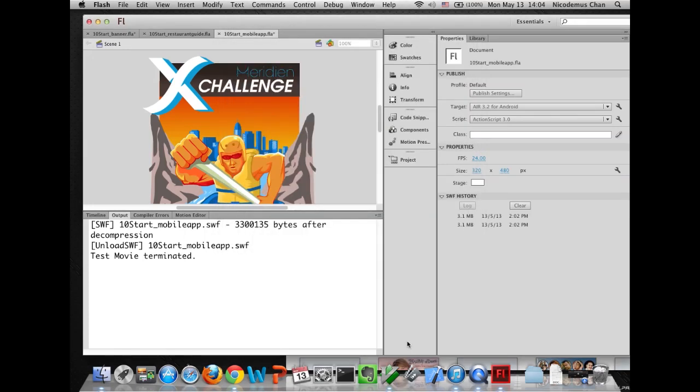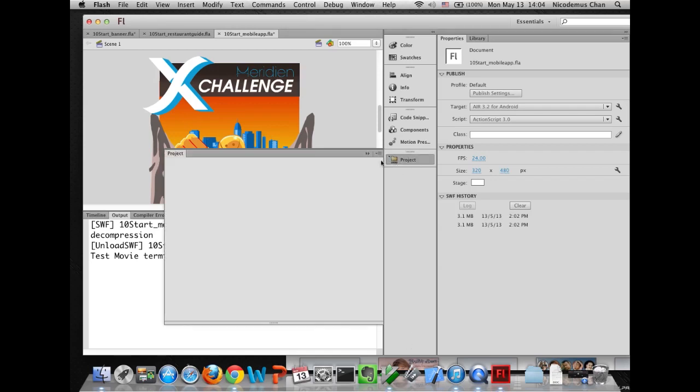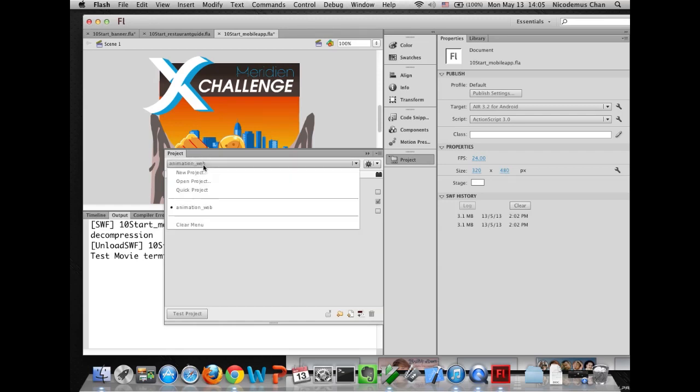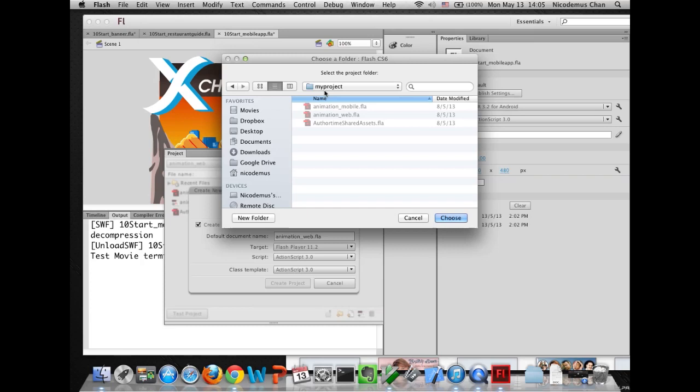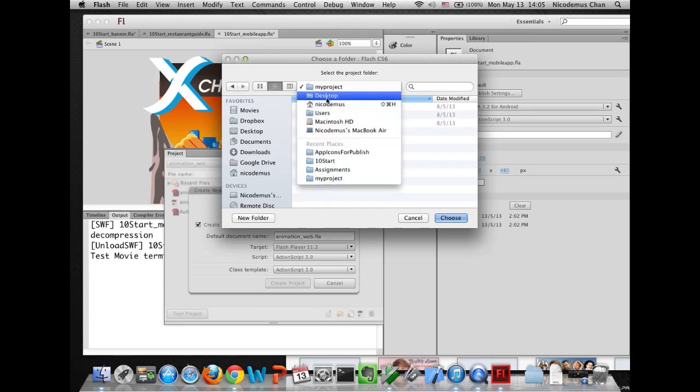Okay, the final part. We need to learn how to keep our projects organized. So notice there's a project panel over here. We've got to come over here to the top and create a new project, and call it Animation Web. For the root folder, we've got to choose to create a